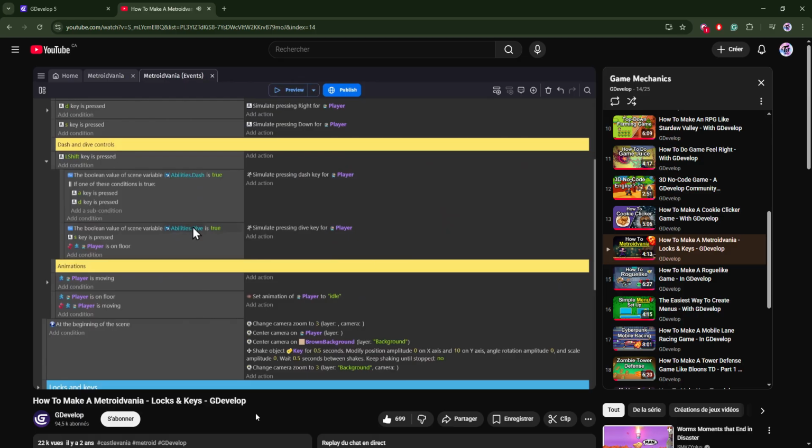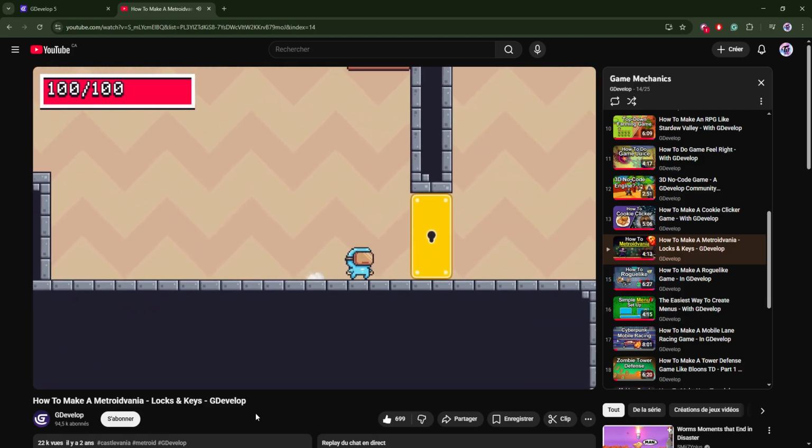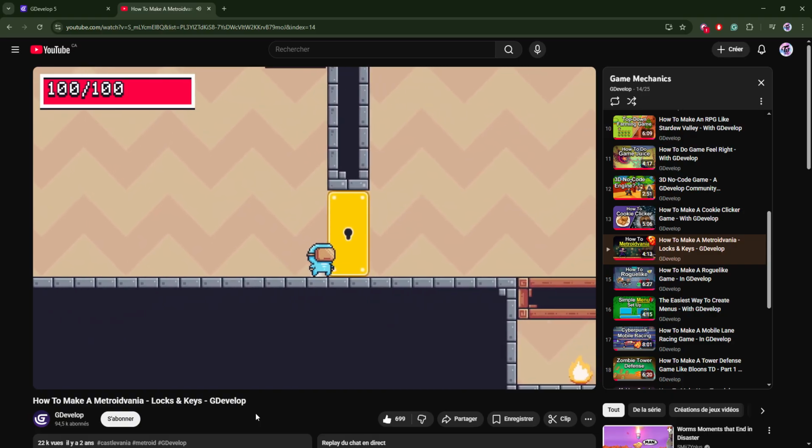Which again in the controls is set up so that when we press the shift key while pressing either A or D, and that dash variable is set to true, then we can dash. But then next are doors to get through, which is one way to do the lock and key mechanic for